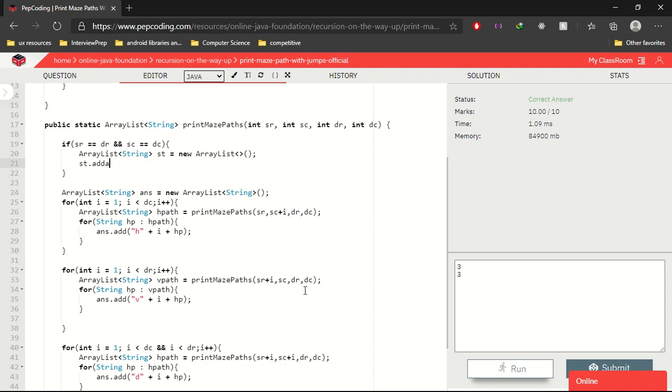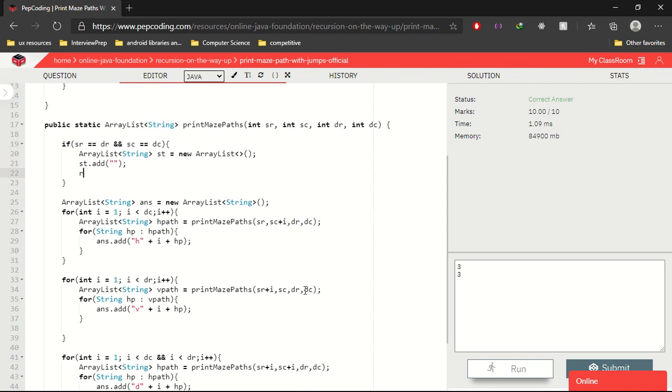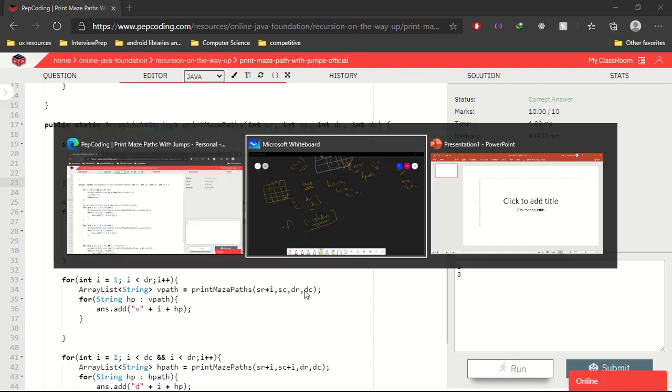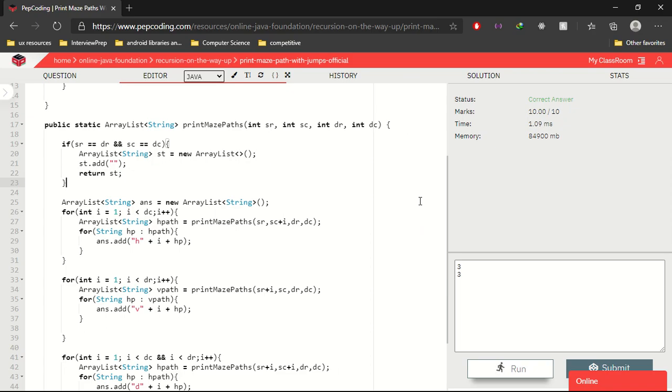Then we can add an empty string to it and return that array list. See, this is not an empty array list.